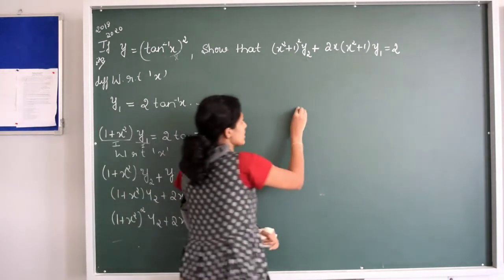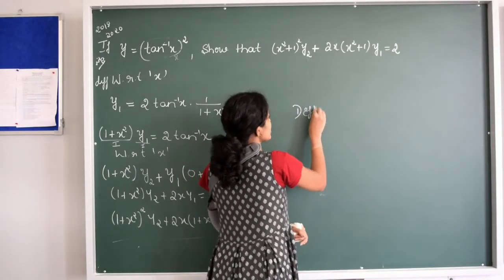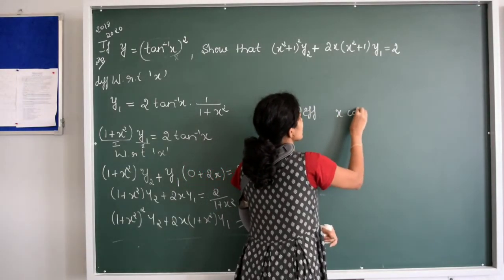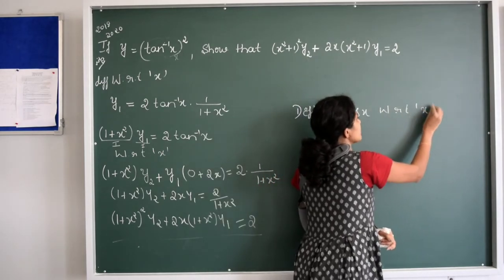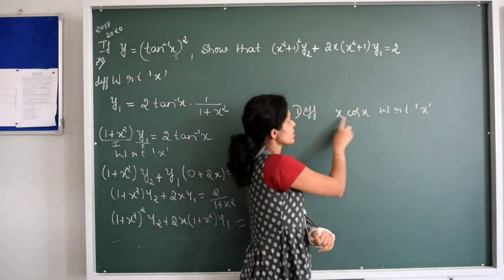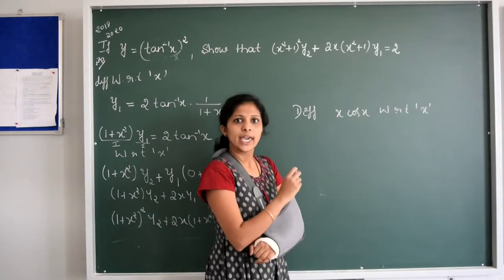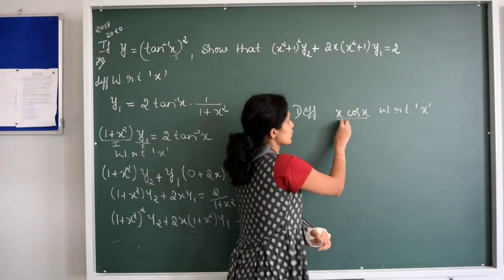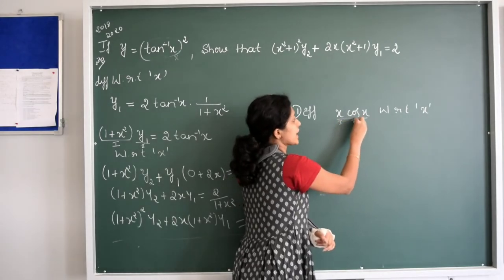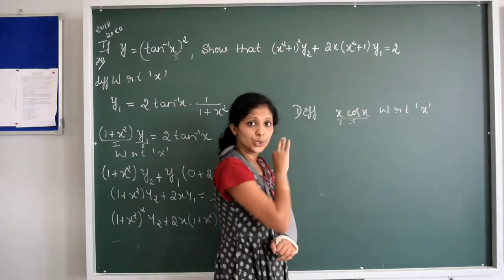See, the question will be like this: Differentiate x cos x with respect to x. Okay. Only this question will be given to you. This is a 3 mark problem. Differentiate x cos x with respect to x. What will you do? You will differentiate this one, right? I mean, you will apply the product rule. You will consider the first function and second function. You will differentiate. No, what you have to do?